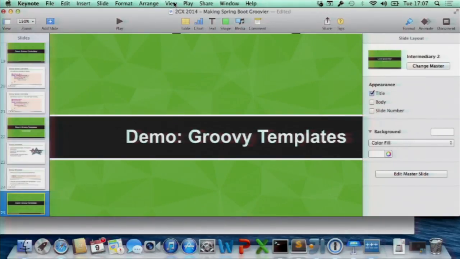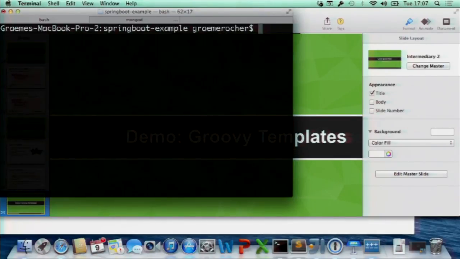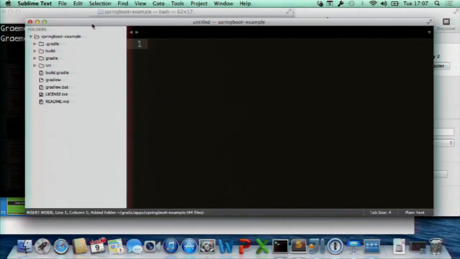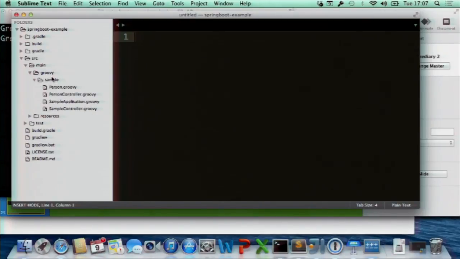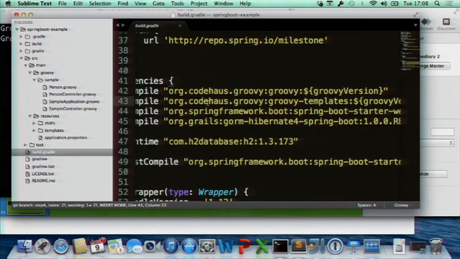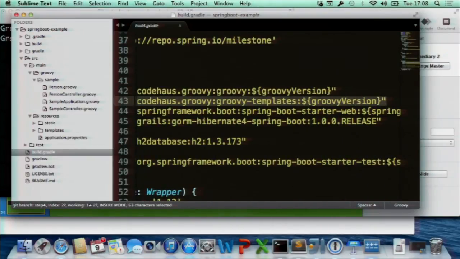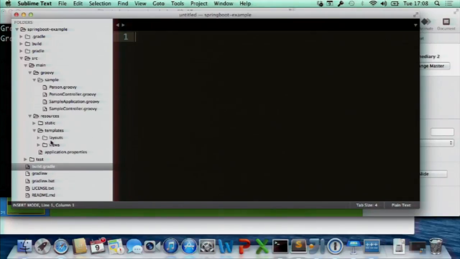We are on step 4. So in this example, we have another Spring Boot application. And you can see that we've got source main Groovy with my various controllers. And in the resources subfolder here, we've got our templates. Before I continue, I'm just going to point out the dependency that was added. As you can see over here, we have a compile time dependency on Groovy templates. So we've added that. And under my templates directory, as you can see, I've got the layouts and the views